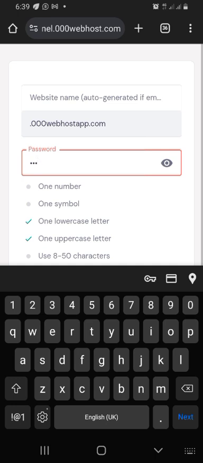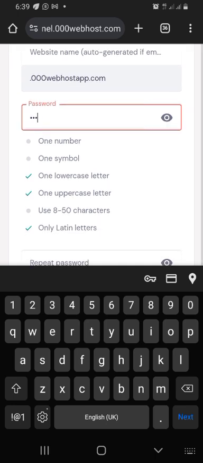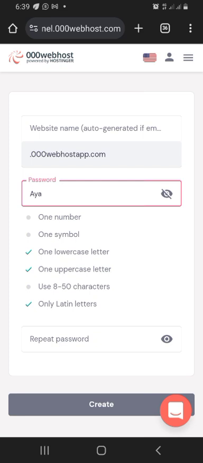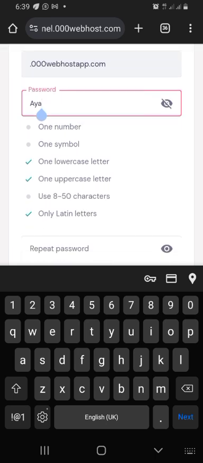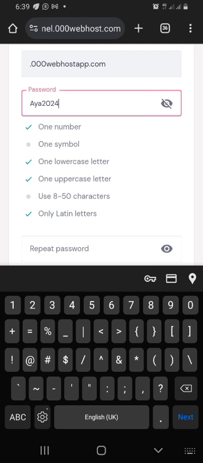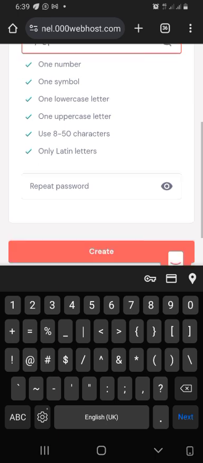And number two, make sure that your password has a capital letter. You can see it popping out on the screen. Make sure that your password has a capital letter, a small letter, and also a special character, in the sense that you should have either hash or underscore or at, or any special character. Make sure that your password also has a number. Whichever one you are going to remember, just make sure it's there as well.